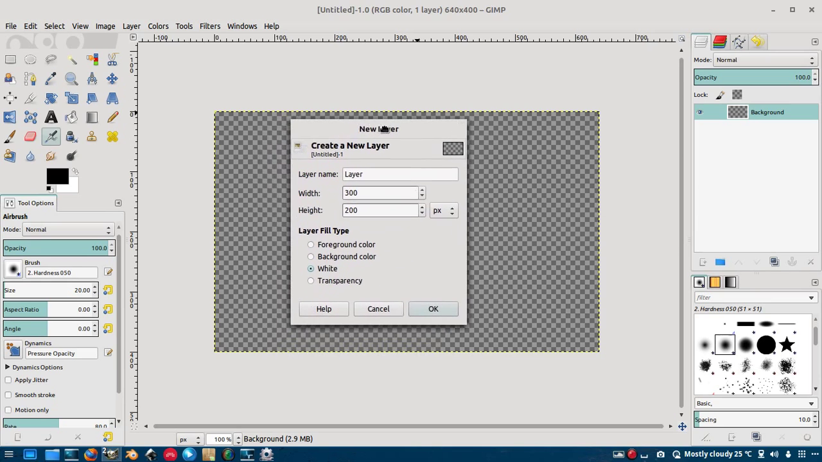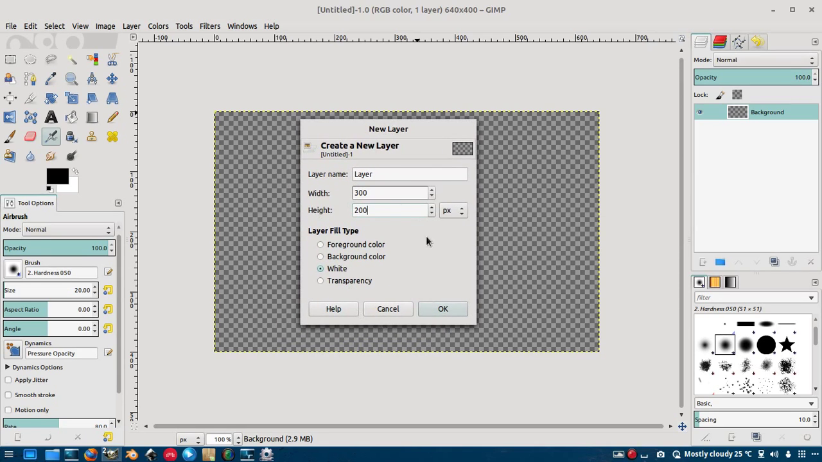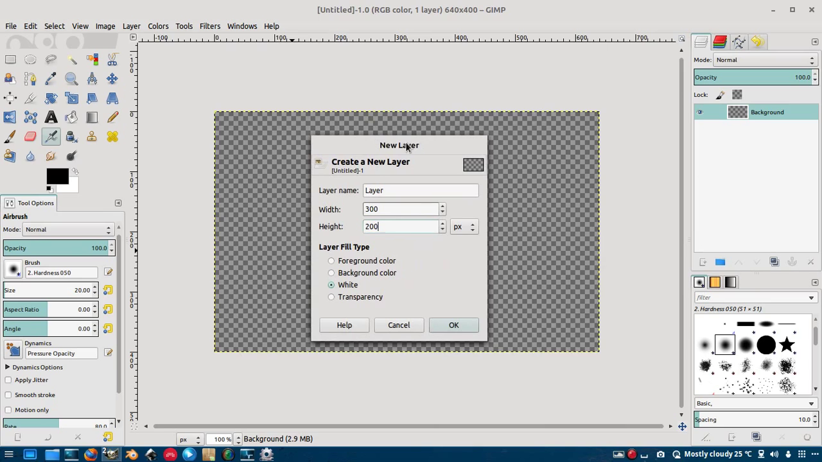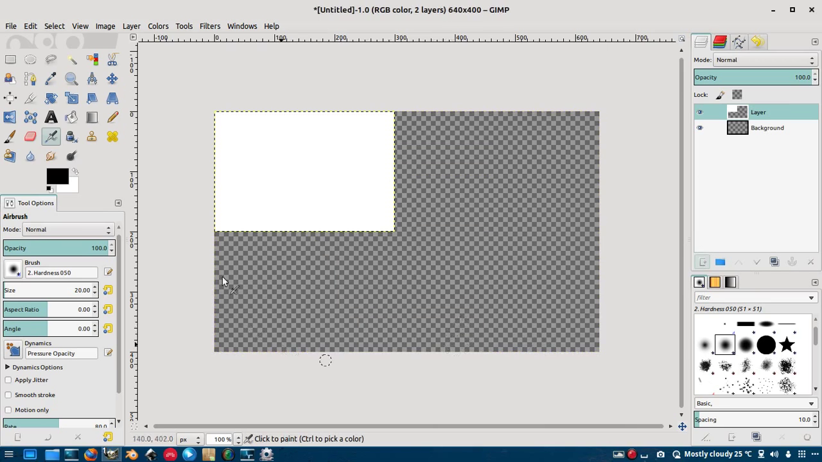in the first episode, the dimensions of the layer are independent of the image size. So there you go, I have a white layer over there. I'll create a new